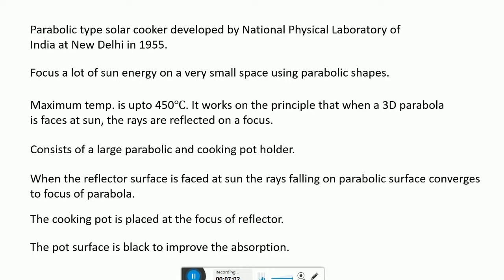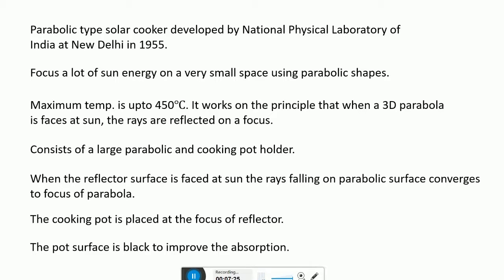It works on the principle that when a 3D parabola faces the sun, the rays are reflected to a focus so that the cooking time will be reduced, or in other words, the efficiency of the parabolic reflector will be increased.